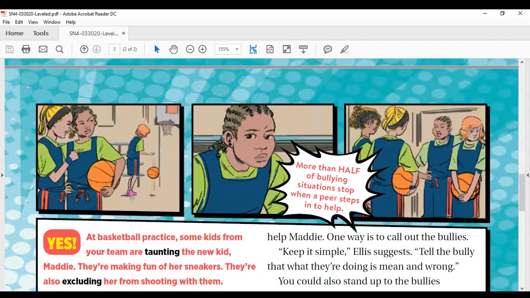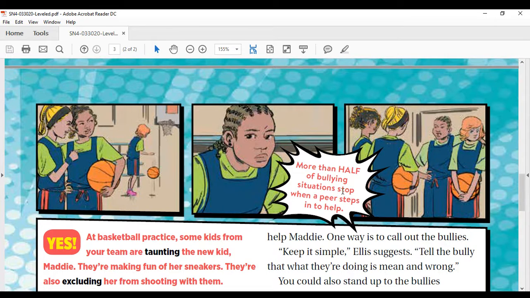And then you have another graphic feature here, and it kind of looks like a comic to me. So I think the author made it that way to make it more interesting to the reader because we all like our comics and our cartoons and so on. You have this person who's just dribbling the basketball by herself, and these two are just kind of looking back at her. The expression on their face seems to say that they don't really think highly of her.